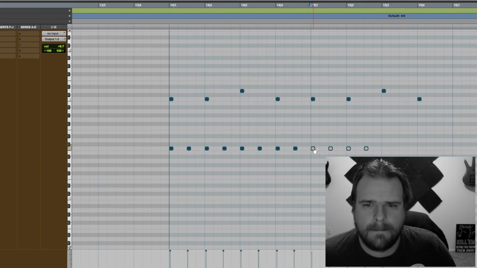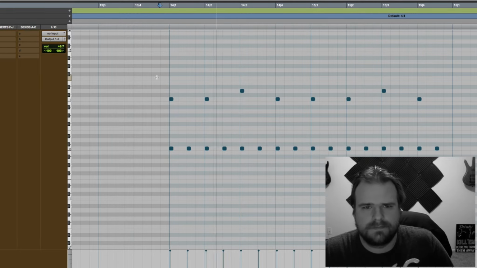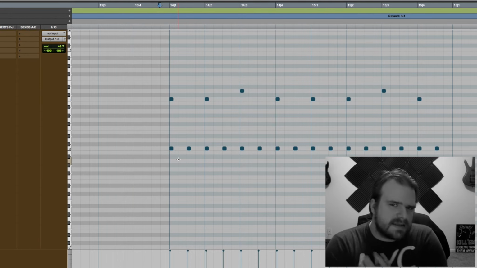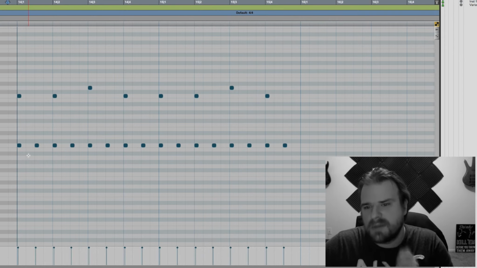Now everything here is at 127. Very generic. Now, the kick and the snare I'm okay with, but the hi-hats are a little too machine gun